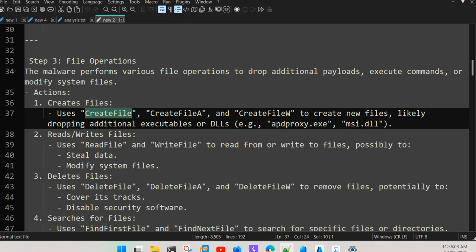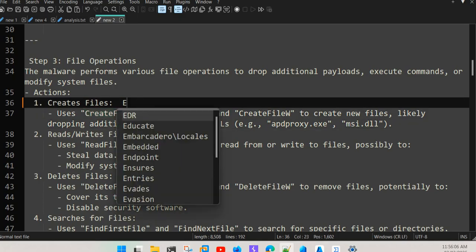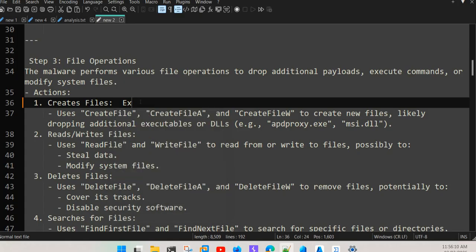Nowadays it has come with the extended ones, and generally we use extended ones to bypass the monitoring. But here in this malware, it is currently being used as the